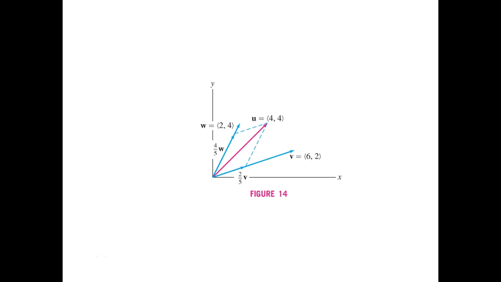Okay. Now they've drawn it out, and it's sort of like, how did they get that? Or, wow, those are the numbers. Where did they come from? Those are very good questions. If you express it according to what they said, express u as a linear combination of v and w,